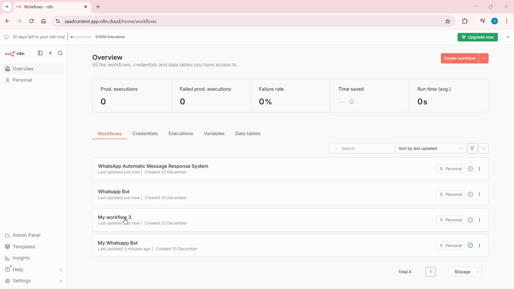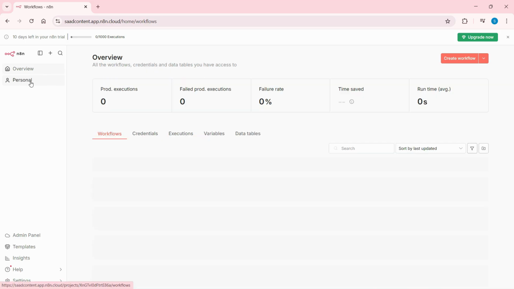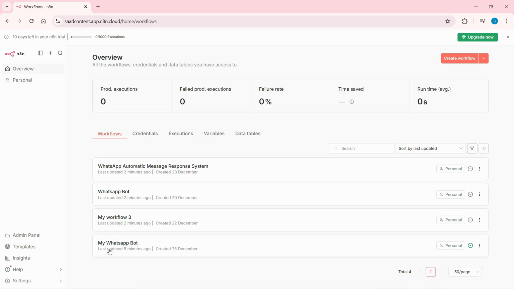In this video, we are going to see that if we want to delete our workflows or bots in N8n, here's how we can easily do it. So as you can see that if I'm in personal, I can see these workflows in overview. I can see all of these workflows,